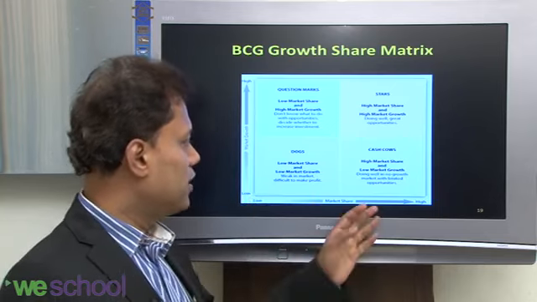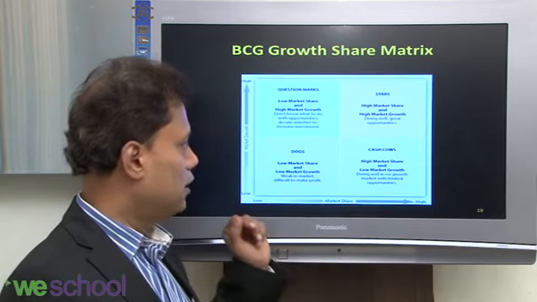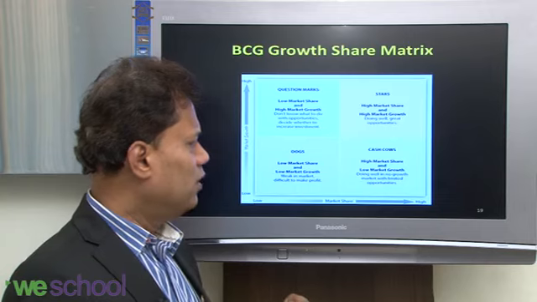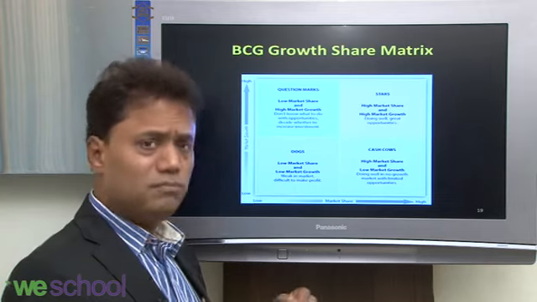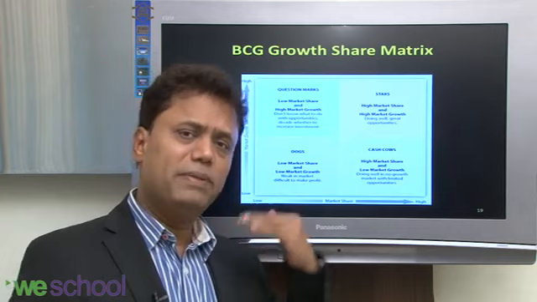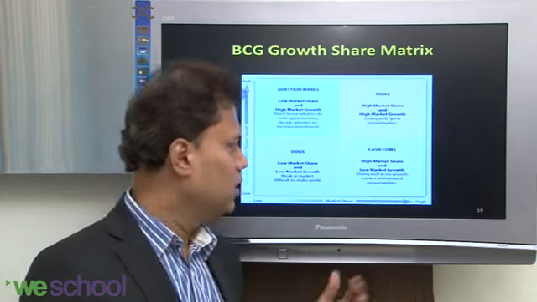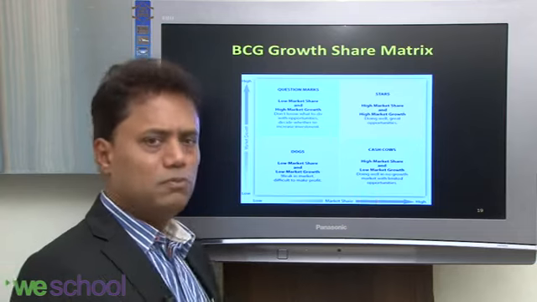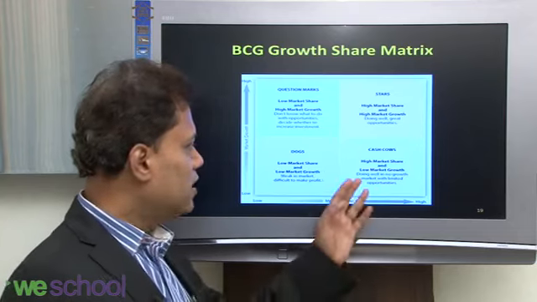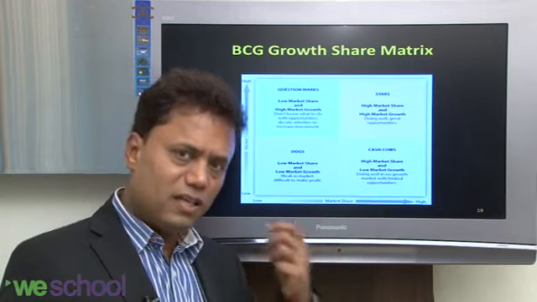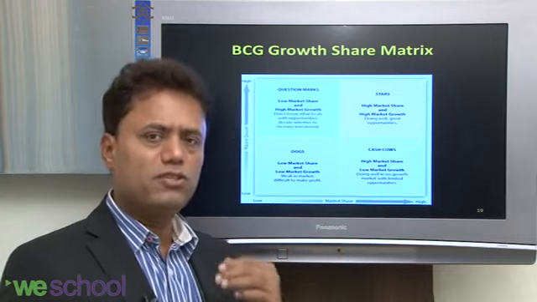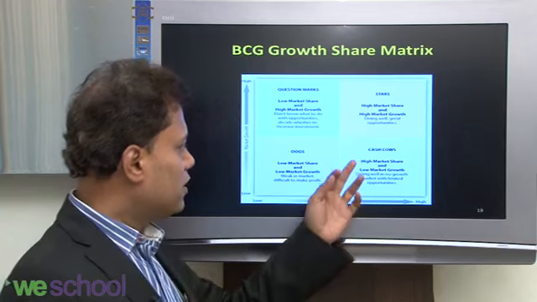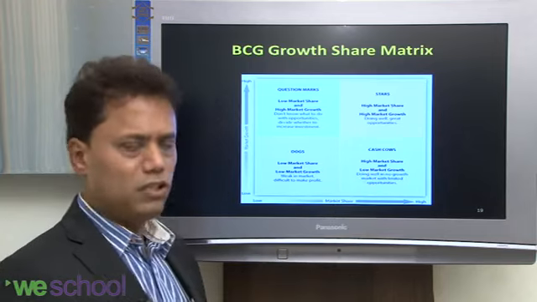The second one is where you have higher market share but low market growth. That means you are doing well in a no-growth market. Growth is low, but you are comparatively higher than the market growth. Thereby, the market opportunities are very limited. So do you want to put money into that area? These could be cash cows, because you're still extracting a lot from the market because of your brand or your leadership position in the market. So it has high market share and low market growth.